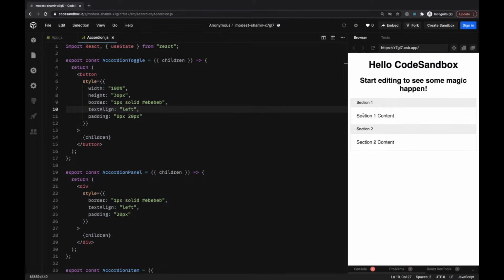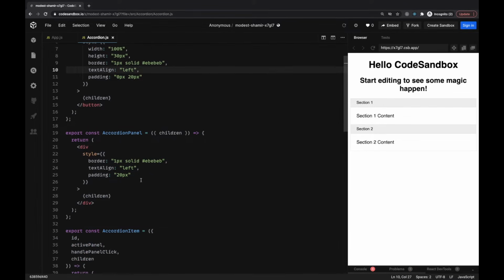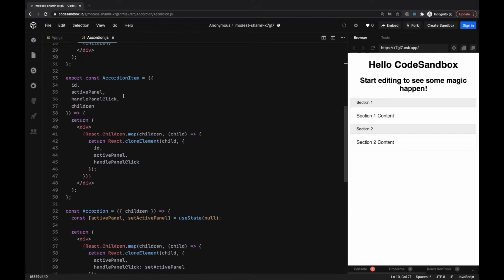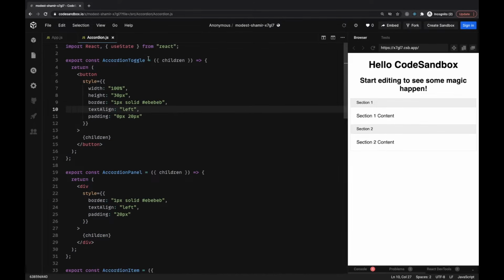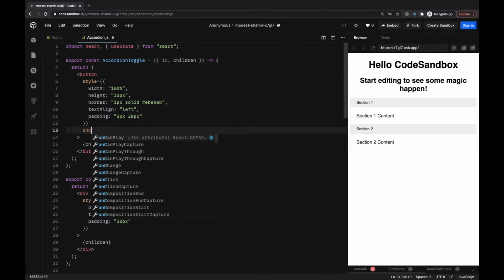So these are our accordion items now. In our accordion item we map over the children again, and we provide the ID which we are getting from the user, and we are providing active panel and handle panel click which we are getting from accordion. Now in our accordion toggle we will get the ID here, and on the button click,